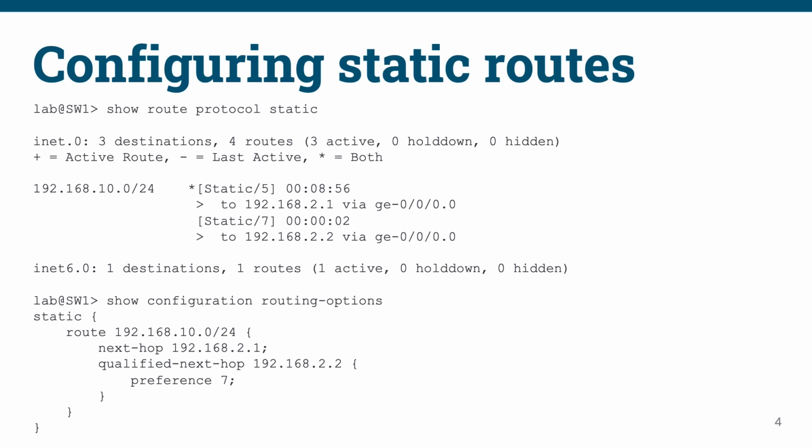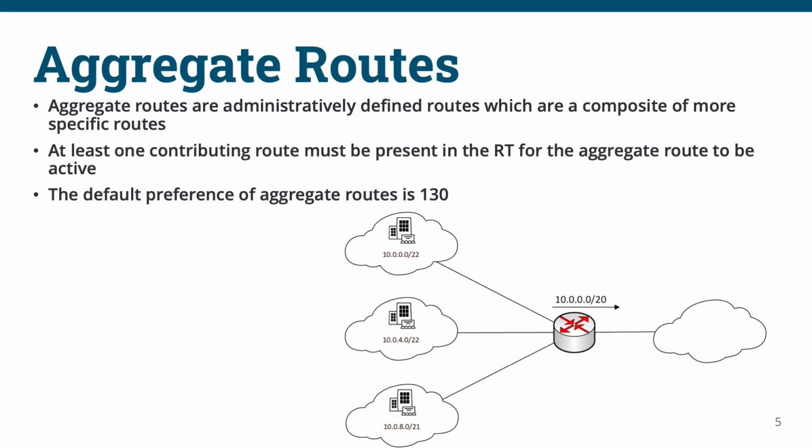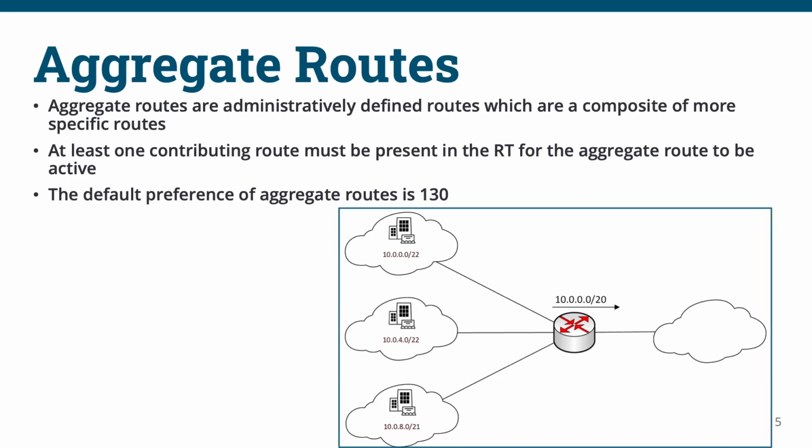If we wanted to have a summary route or aggregate route in the routing table only when a more specific route within the range is also present, then we need to use what Juniper aptly calls an aggregate route. Aggregate routes are also administratively and statically configured. They are a composite of more specific routes. As we have in our example towards the bottom of the slide, we see that these three routes can be summarized by the